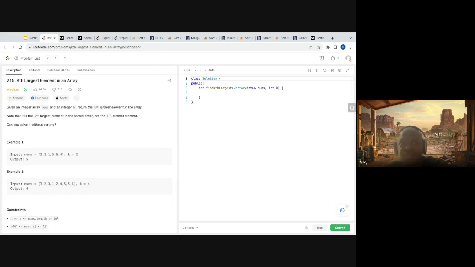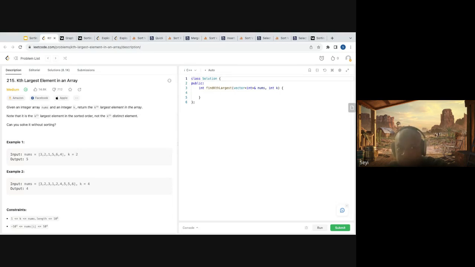If I insert all the items into a binary search tree, can I get the kth element in a binary search tree? That's not very easy, because then I have to go through all the first k elements, which reduces to O of k. Not too bad. I could do it with a binary search tree and keep removing the largest element, or do a reverse in-order traversal to get the kth position, or an in-order traversal to get the n minus kth position. That could work with the binary search tree. Yes. But let's keep going.